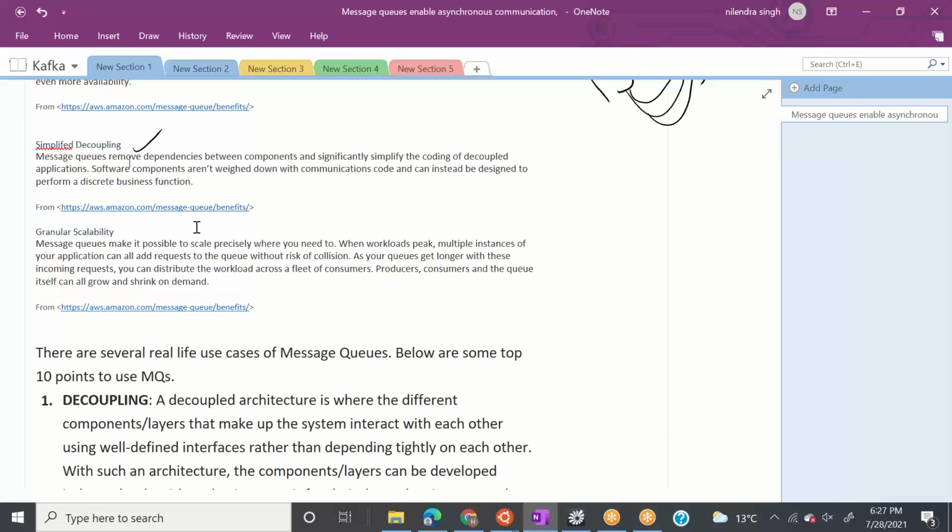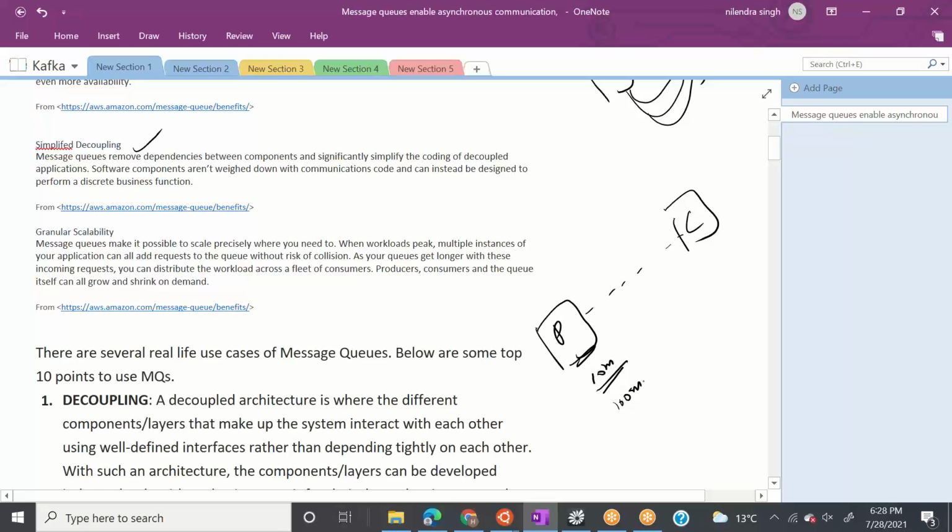One more thing. We have a producer here, we have a consumer here, and these were sending data directly. And we know that the capacities of producer and consumer for processing messages are different. Even if this machine is producing 10 million messages today, it may produce 100 million messages tomorrow, and we cannot guarantee that my consumer can consume it. So we put MQ in between here. We know this from our conversation. But what about the guarantee that MQ can store 100 million messages on any given day?